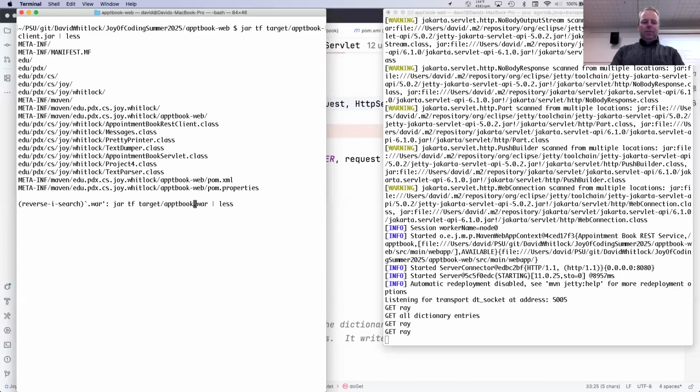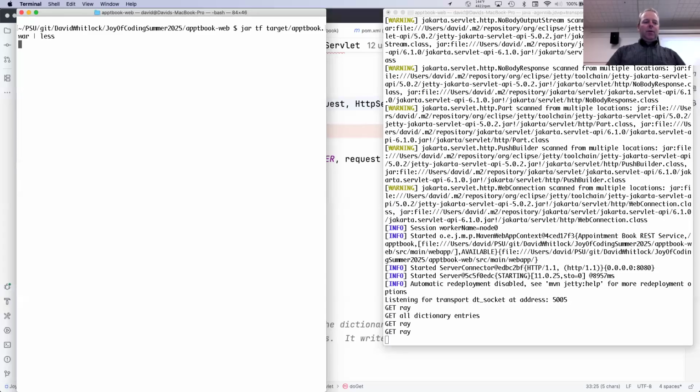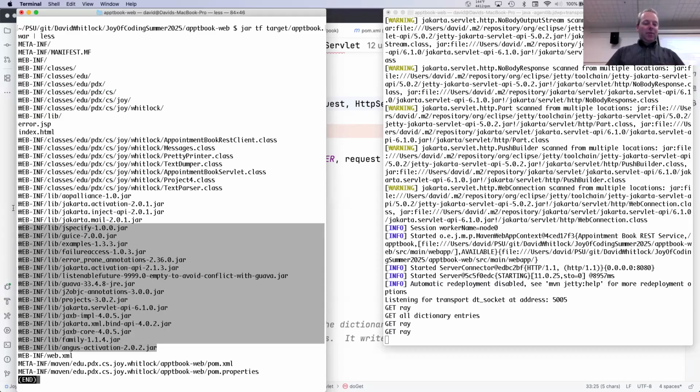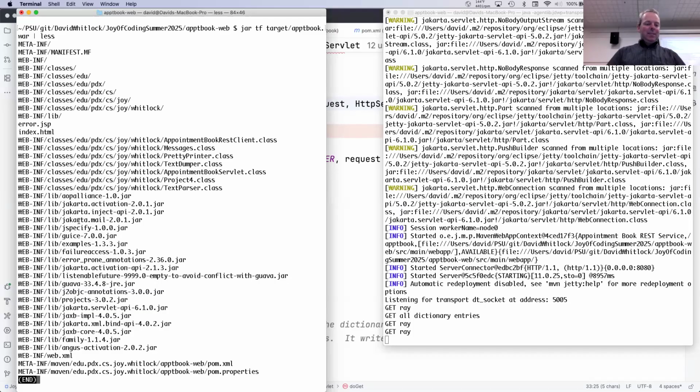Similarly for the WAR file, we look at the WAR file. It's got a lot of the same stuff. It's got the manifest. It's got a bunch of directories, but it's got things like the index.html. It's got this error page for the errors. It's got all the code that you need. It includes the client-side stuff because, just for simplicity, everything's all in one place. It also has a whole bunch of third-party libraries that it needs, and lots of this in there is just included